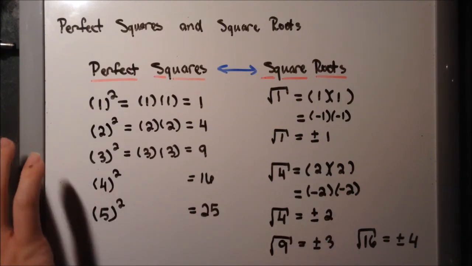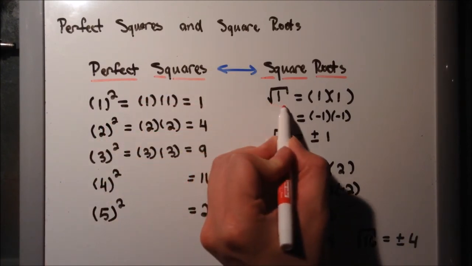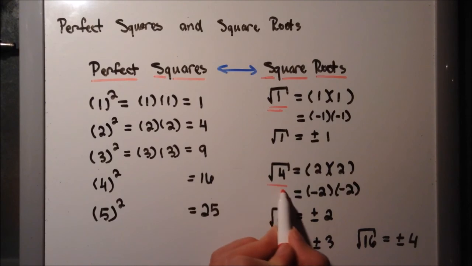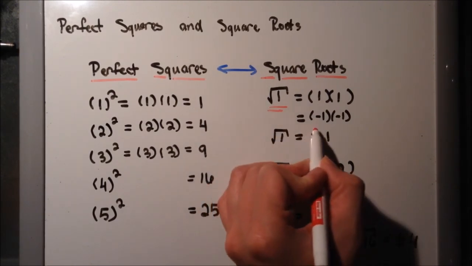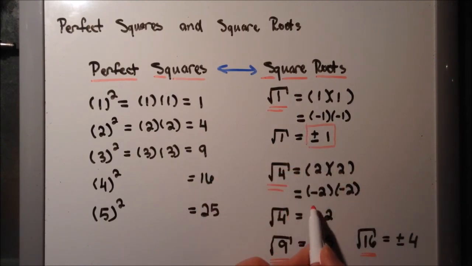Again, when you're doing just the square root with nothing in the front, then the final solution would be positive negative 1, positive negative 2, positive negative 3,